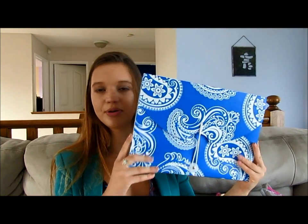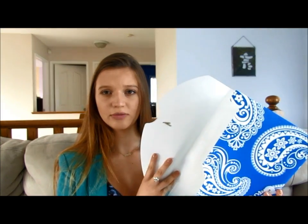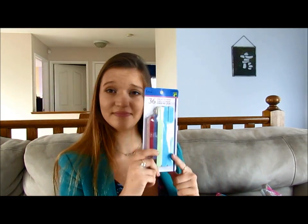So yeah. Then I got just a simple file. What are these called? File accordion folders things. Just for not school stuff really, but just other stuff like taxes or just all that fun stuff that comes with a baby. That's what this is for. And it's blue. Then I got some nail files because mine is dead and I needed more, and this one has 36